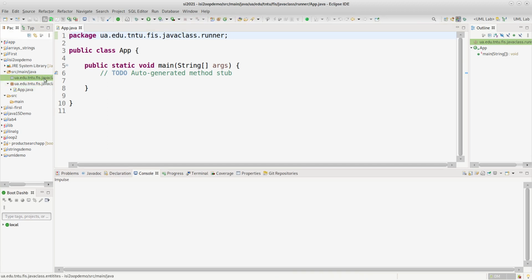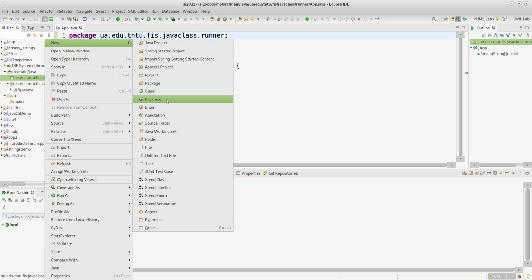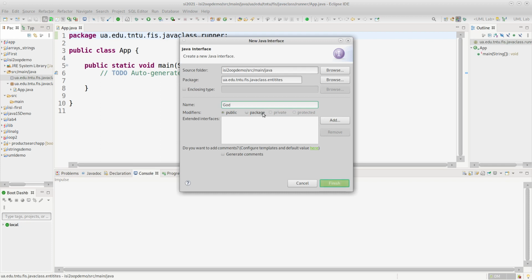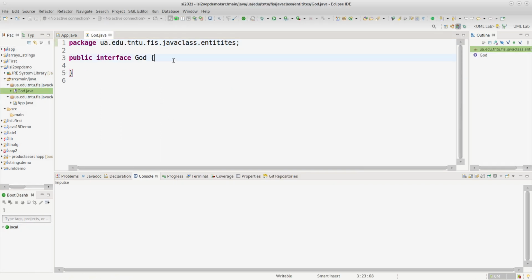Let's create entities according to our diagram. So at first we start with the creation of God. We have God, and God will have a method create. Also, Java 8 allows to create default methods, but at first let's create God. Also, we will create an additional data structure with the name which allows us to make,